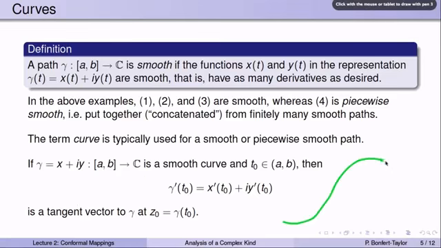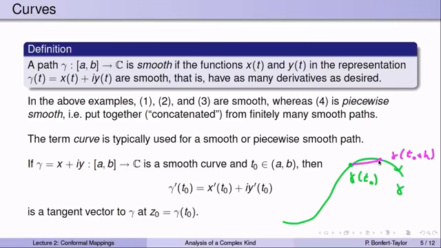So suppose here's this curve gamma, and here is gamma of t0. That's the point we're looking at. Now let's look at this derivative gamma prime of t0. The derivative is obtained by looking at gamma of t0 plus h, which is maybe this point here, and looking at the difference gamma of t0 plus h minus gamma of t0 and dividing that by h. But gamma of t0 plus h minus gamma of t0 is this vector. And we're dividing that by h, which is a real number, so that changes the length, but not the direction